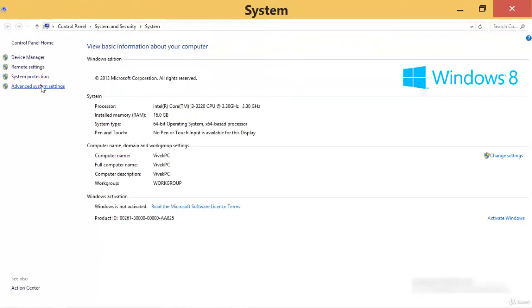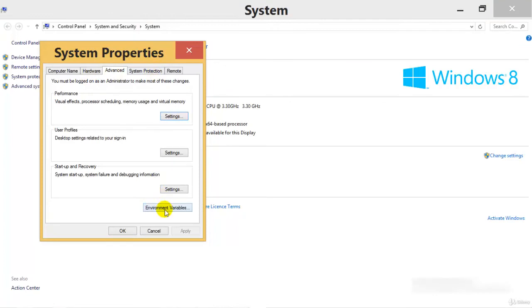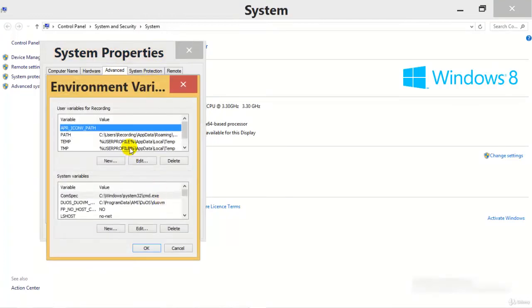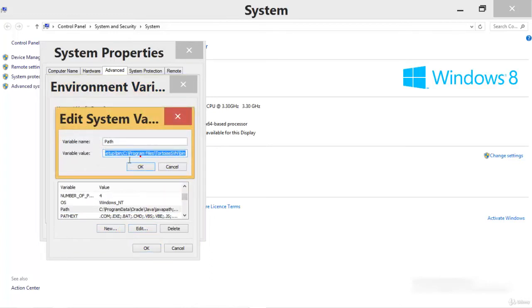So in the advanced system settings, you need to go to the environment variables. Over here, you need to add a system variable, or you need to just edit it. You will already have a path variable over here. Yes, the path is already present. Just check if PHP has already been included or not. If not, it had WAMP in it, but for now we are using XAMPP.